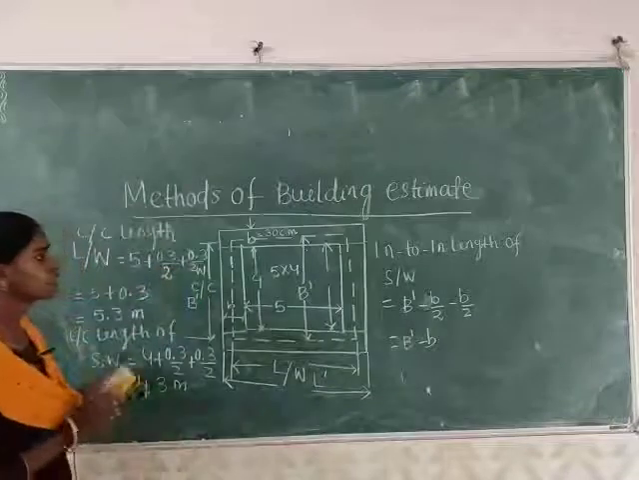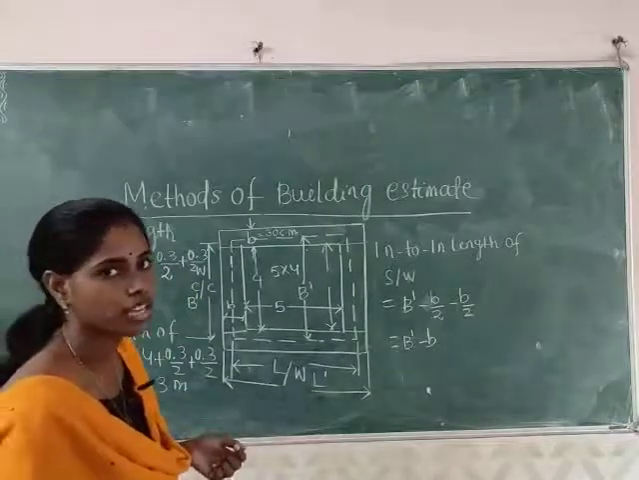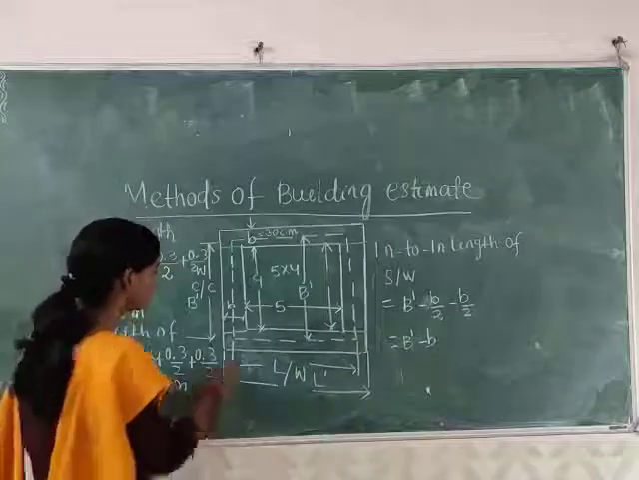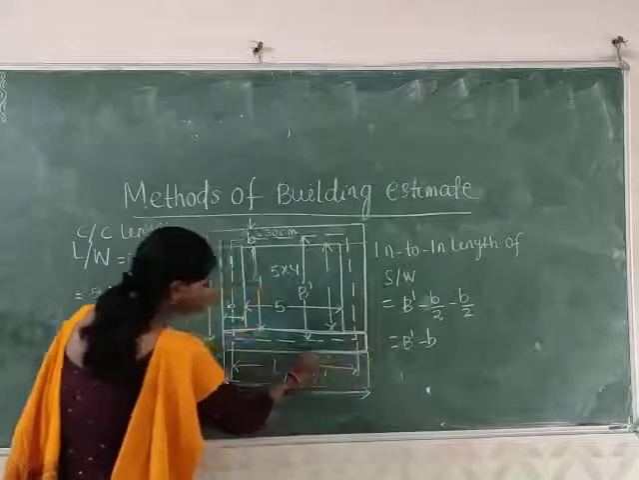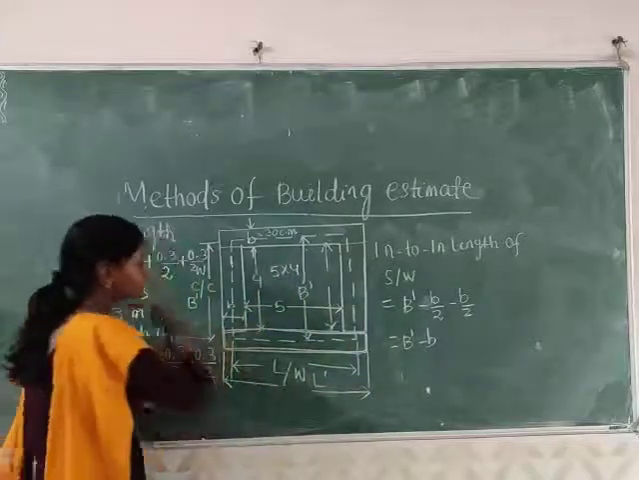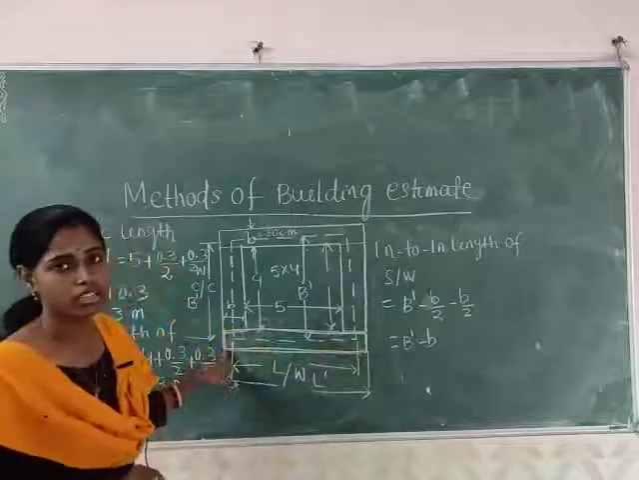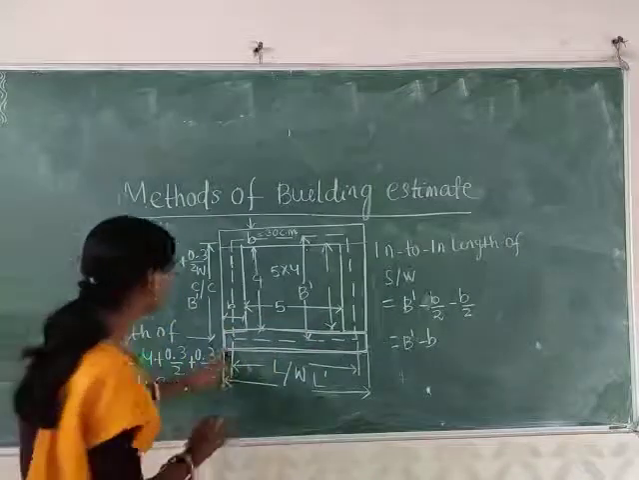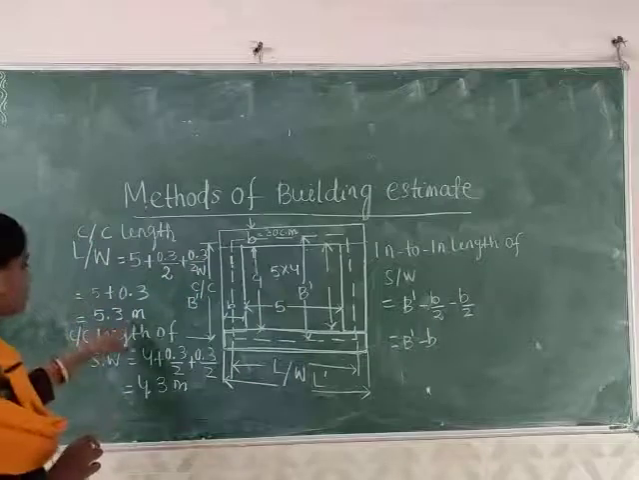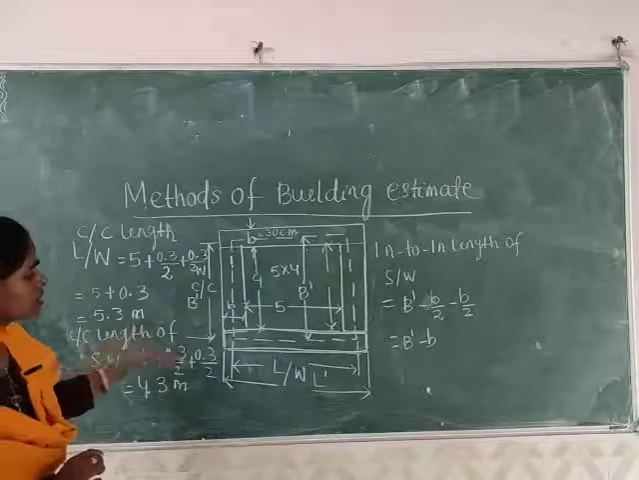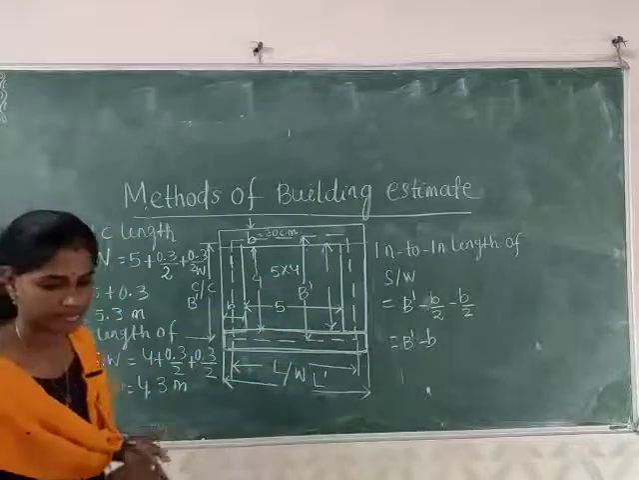Next step is calculation of the out to out length of the long wall and the in to in length of the short wall. To get the quantities of the long wall, what do we have to do? We have to find out the out to out length of the long wall. The 5.3 meter is the center to center length. Out to out length will be